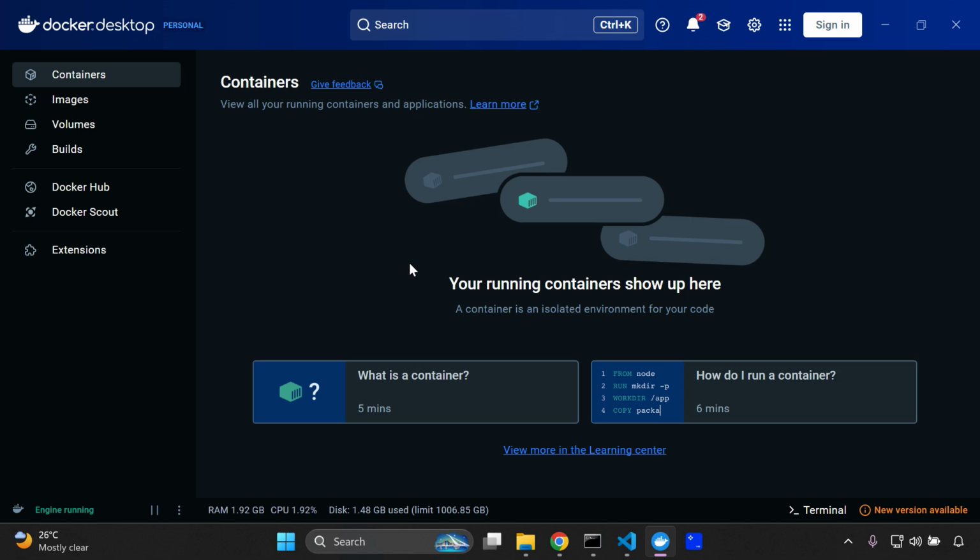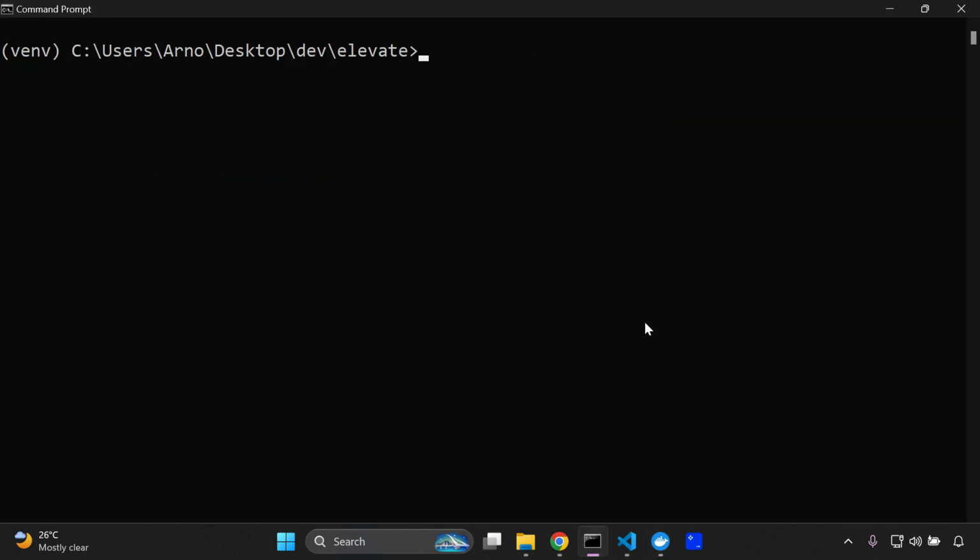Okay, now let's say for argument's sake, I now want to set up my Docker volume. We want to head on over to our terminal and we just want to extend onto that command that we set up earlier on. So to do so, we would need to first write the bread and butter commands for setting up a Docker container first of all. So you can say docker run -d in detached mode, --name, give it a name. I'm going to call this